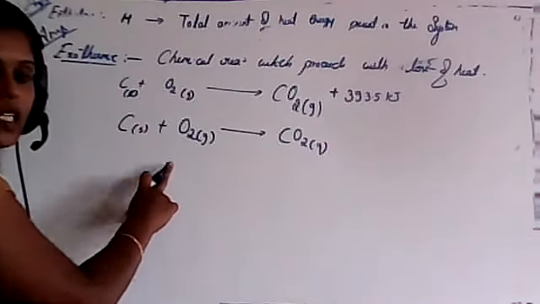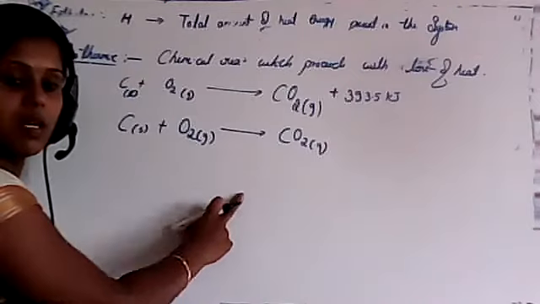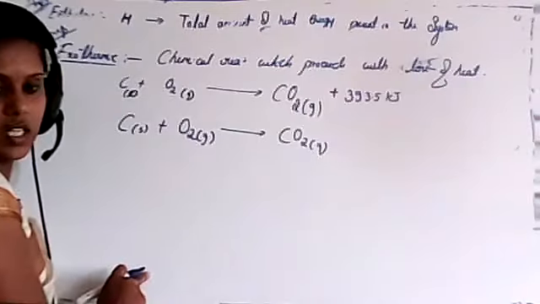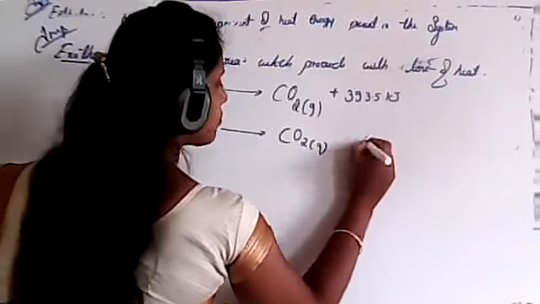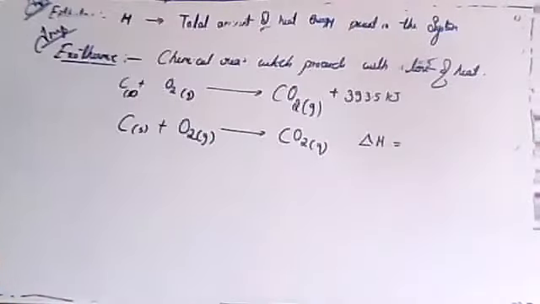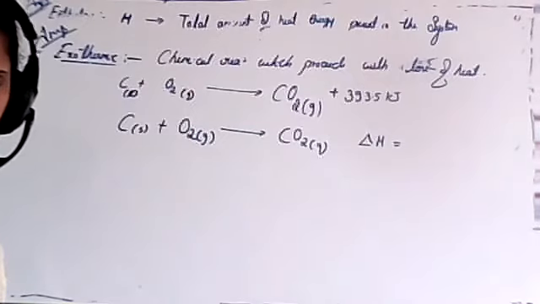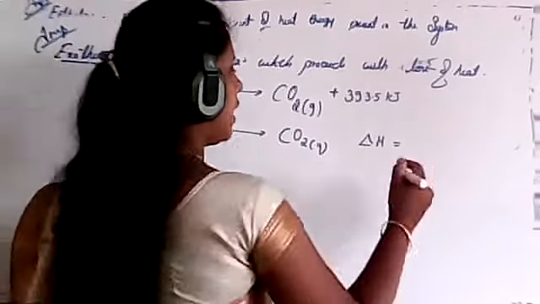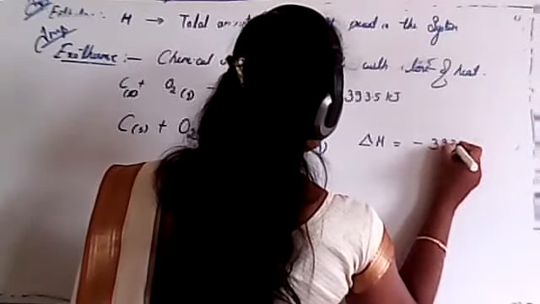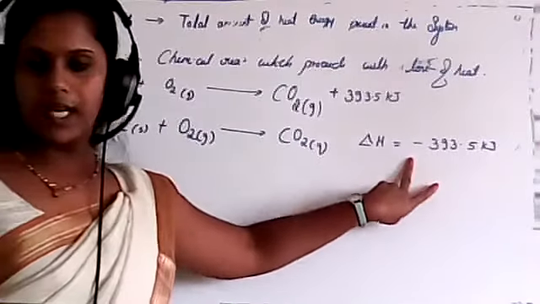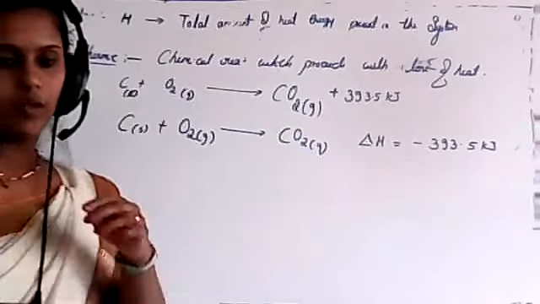Remember, students, thermochemical reactions are nothing but balanced chemical reactions where you have to mention the state of the reactants and products with the energy exchange that may be lost or gained. In this case, I'll write it in terms of delta H. What is the value of delta H, negative or positive? Think and answer. Yes, that is negative. That's why you write delta H equals minus 393.5 kilojoule. We should write values for heat.